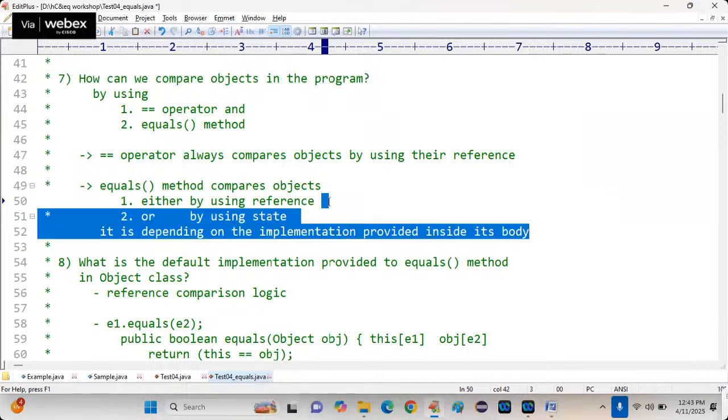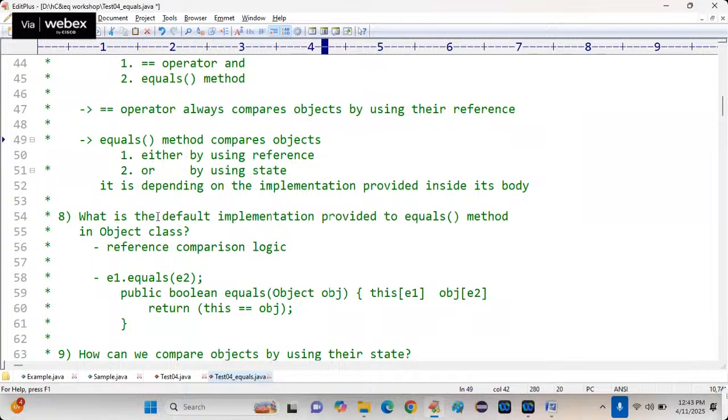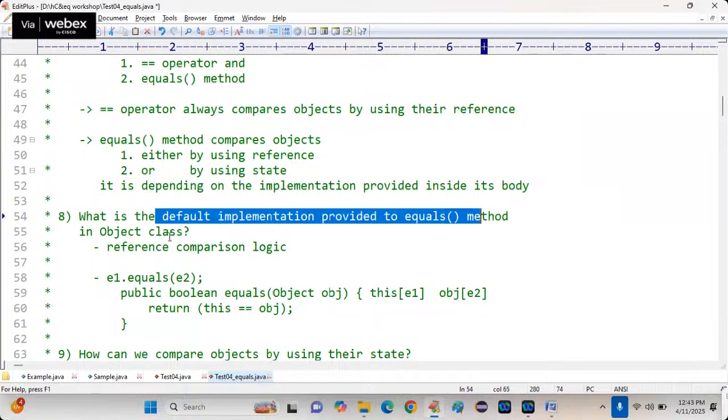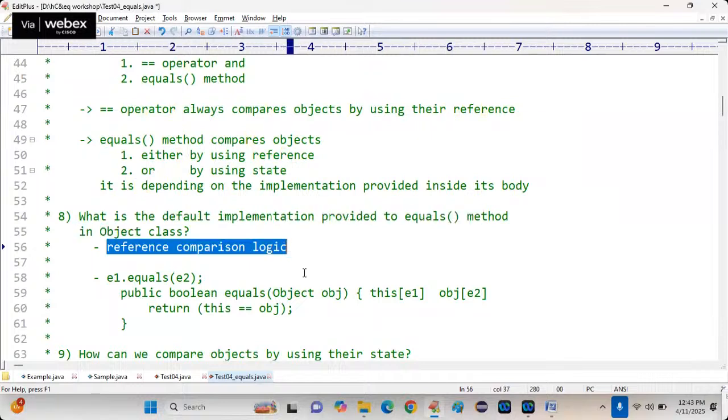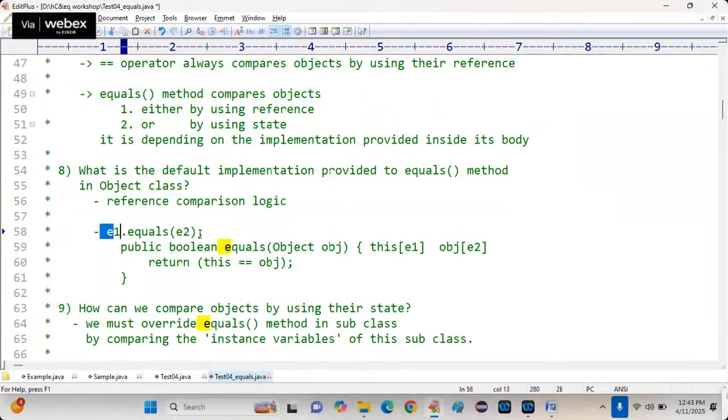If you provide implementation to compare state, it compares state. If you don't provide implementation, what do you compare? Reference. What is the default implementation provided in the equals method of the Object class? Reference comparison logic. When e1.equals(e2) is called,